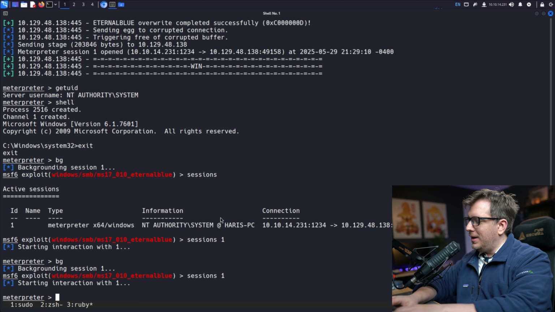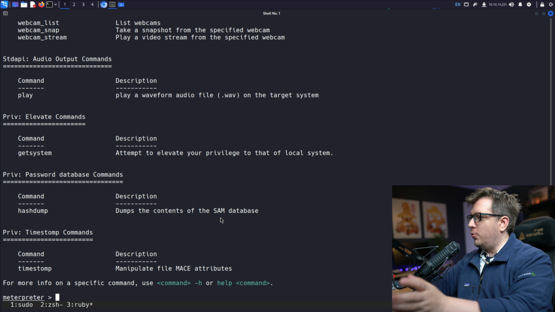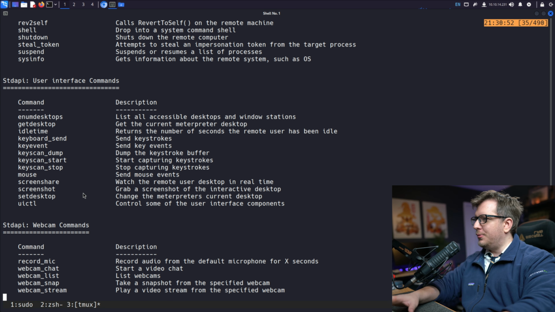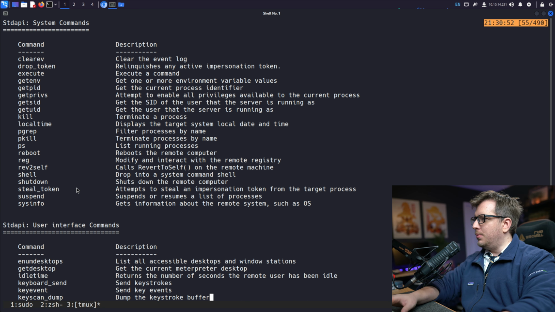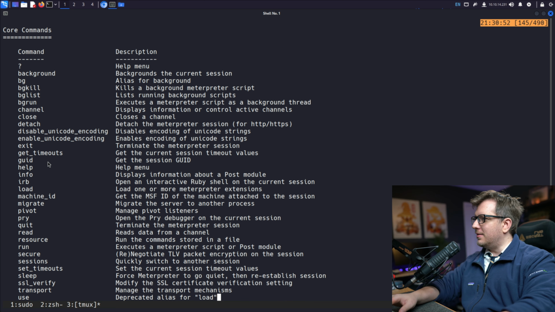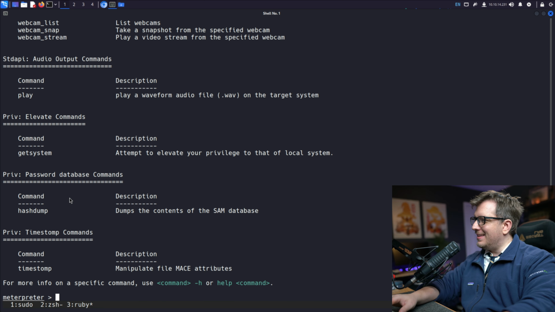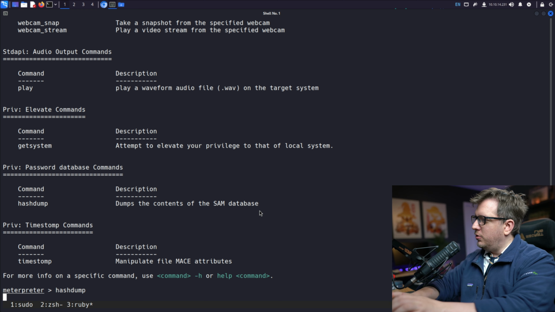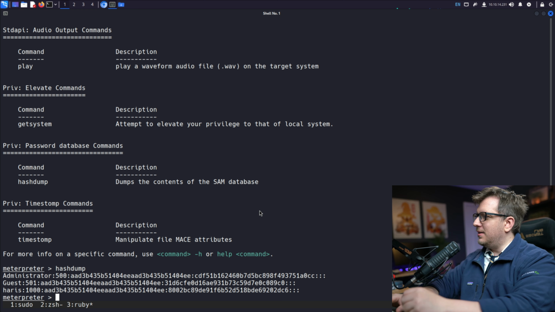From here, we can go ahead and do a question mark or even a help, and that will give us our Meterpreter options. So this is a nice thing about Meterpreter. We can see all these different options that Meterpreter has available for us. So it has a number of different things. One I like doing is hashdump. That dumps the contents of the SAM database. Let's see if we could do that. And that will give us some